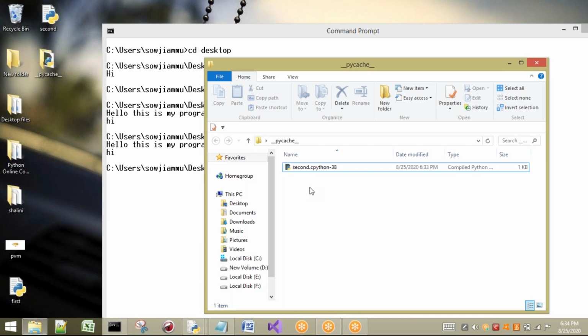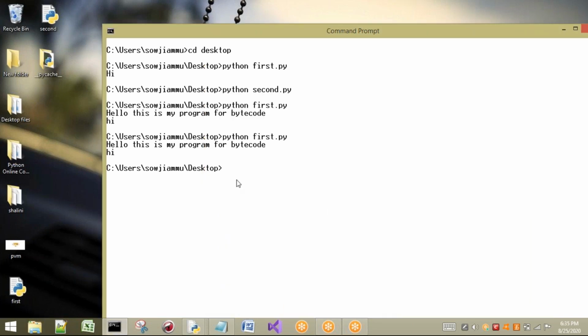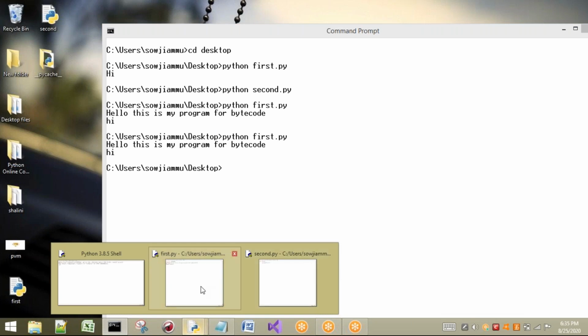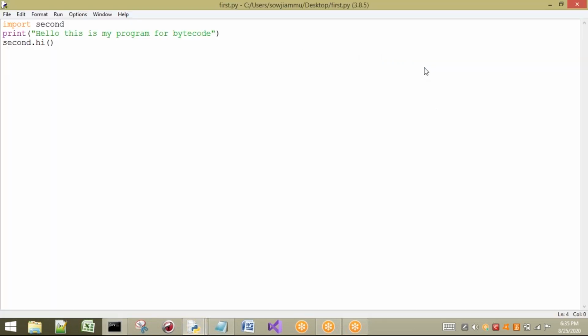Okay, now you will get one small doubt that, sir, where is first.pyc? Okay, you will get that doubt. So whenever we are going to execute a program with some import statements like this one, then only a separate .pyc file will be created. If there is no importing concept, then the .pyc files will not be created. So is first being imported by any other program? No. So .pyc will not be created.